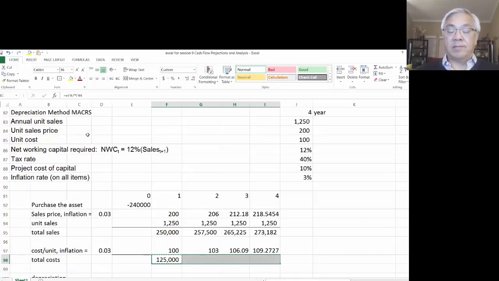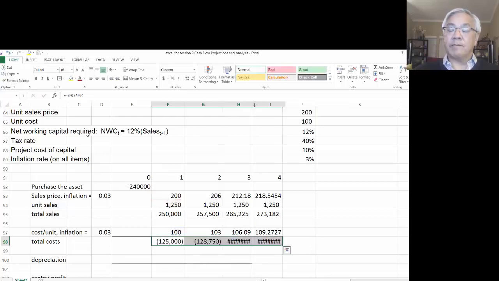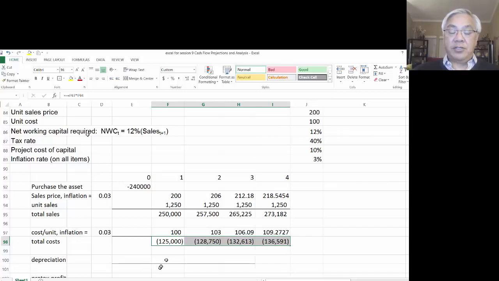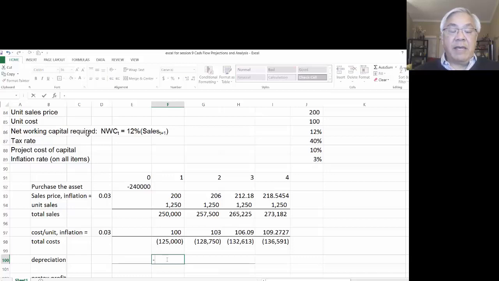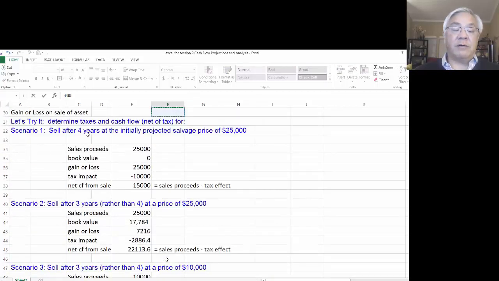The depreciation expense we knew from before. I'll do these as negative numbers so that we can more simply add all the elements rather than have to jump around. So I'm going to make this a negative number. So depreciation is an expense, so we'll make it as a minus. And we're using MACRS, so we're going to go back up to the MACRS schedule that we determined earlier, which is right here. So year 1 depreciation was 79,